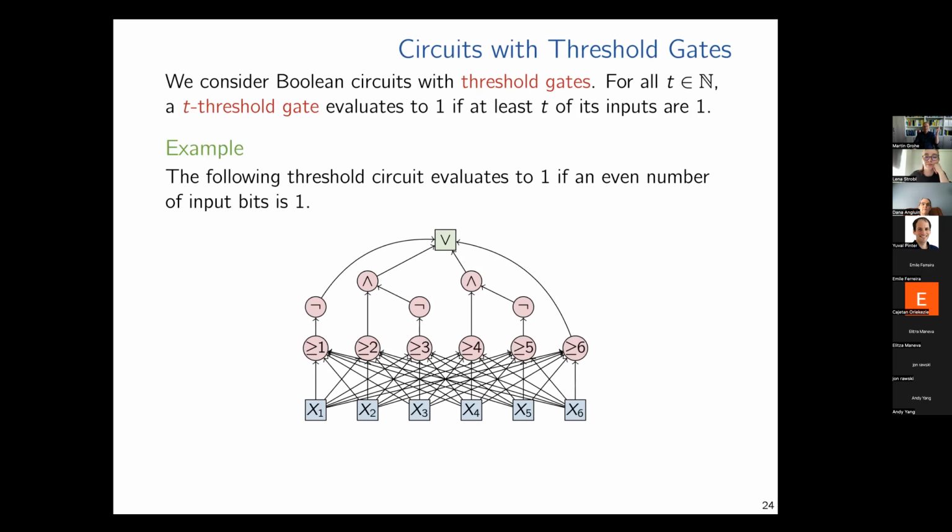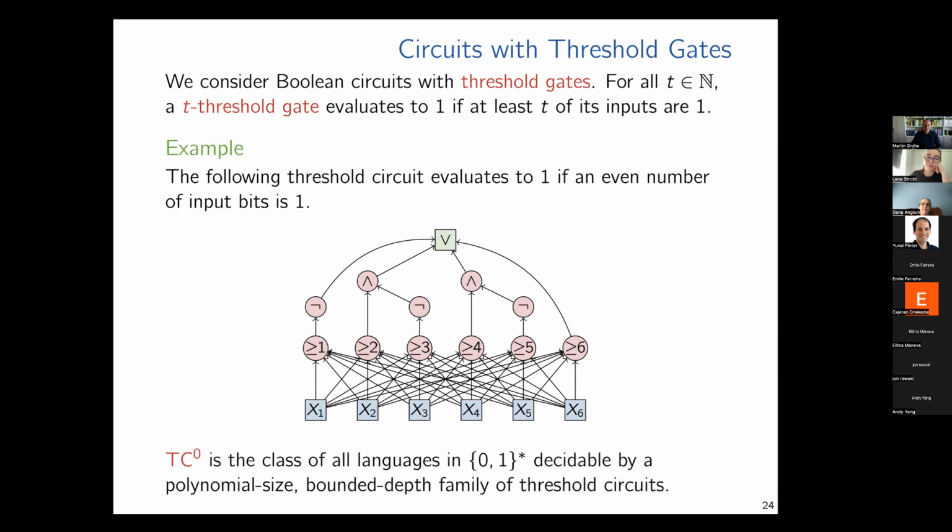So here's an example of a threshold circuit that basically evaluates to 1 if an even number of input bits is 1. And basically, for every number of input bits, you have such a circuit of this depth 3, right? So bounded depth circuits. It's known that without threshold gates, you can't do this.